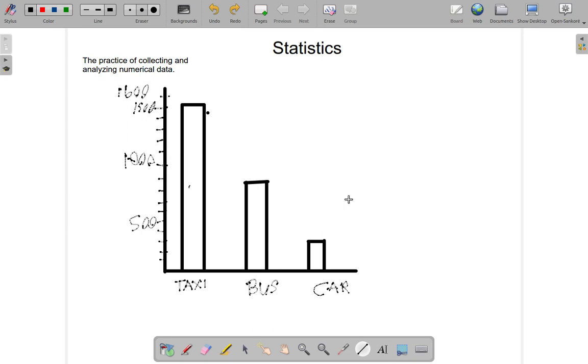Now, it's a bit quicker to understand what's going on. Even if you're not interested in the accurate values and figures, you can just quickly look at the bar chart and say, taxi, that's the overwhelming majority. Bus, close to half, and then cars way down. Not a lot of those people travel by private car. Alright, so that is a bar chart.